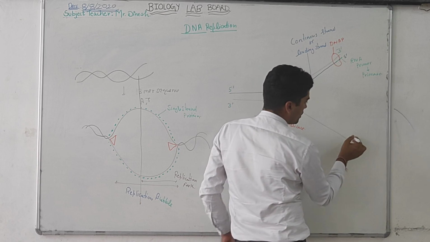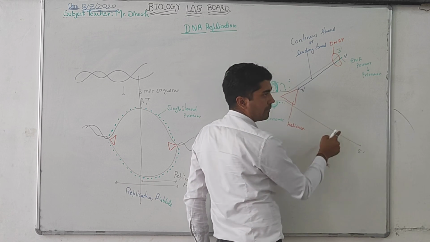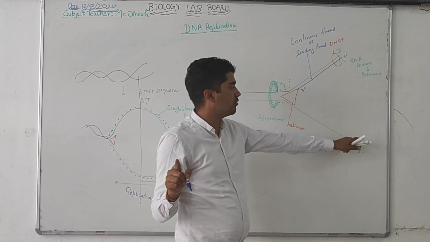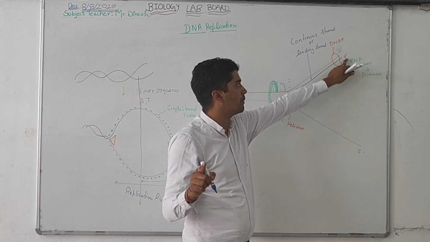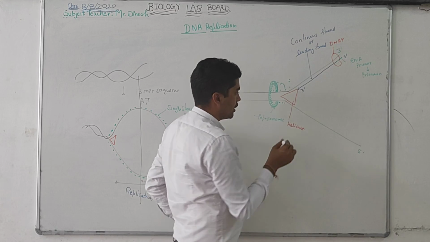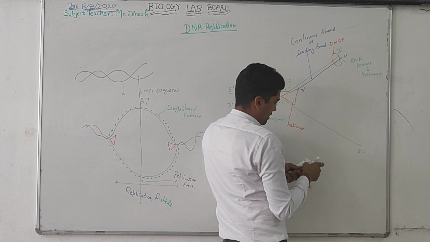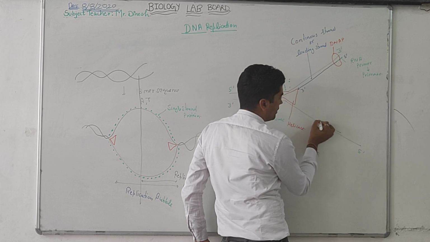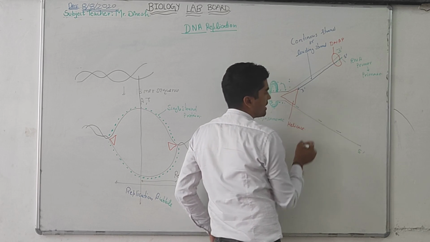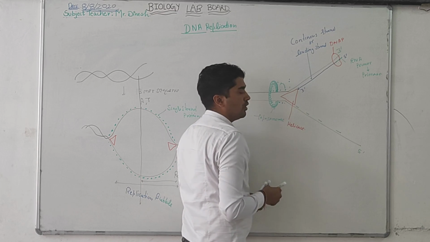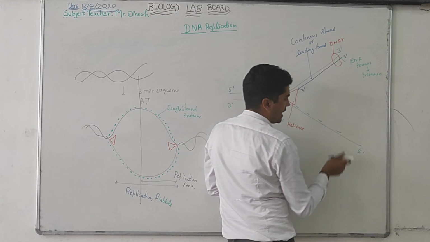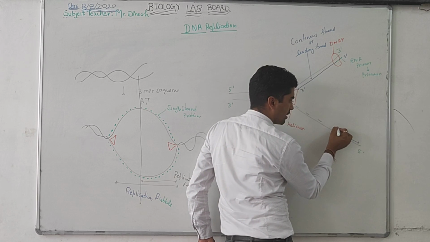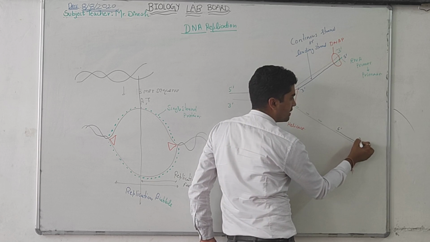Here the new chain will form from 3' to 5', but DNA polymerase cannot form a new chain in the 3' to 5' direction. It can only form in the 5' to 3' direction. So for the 3' to 5' strand, there will be some small primers. For example, this strand opens up to this point. As much as this strand opens, a new primer will form, and this DNAP will bind here, and after its binding, it will form a small sequence from 5' to 3'.